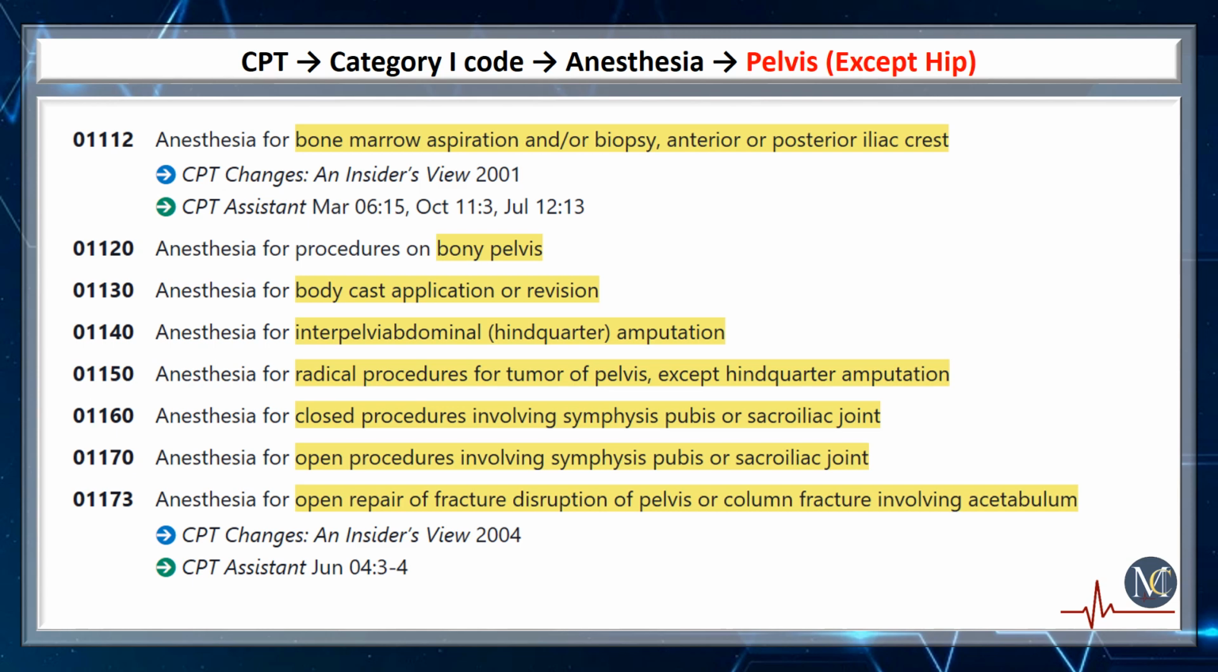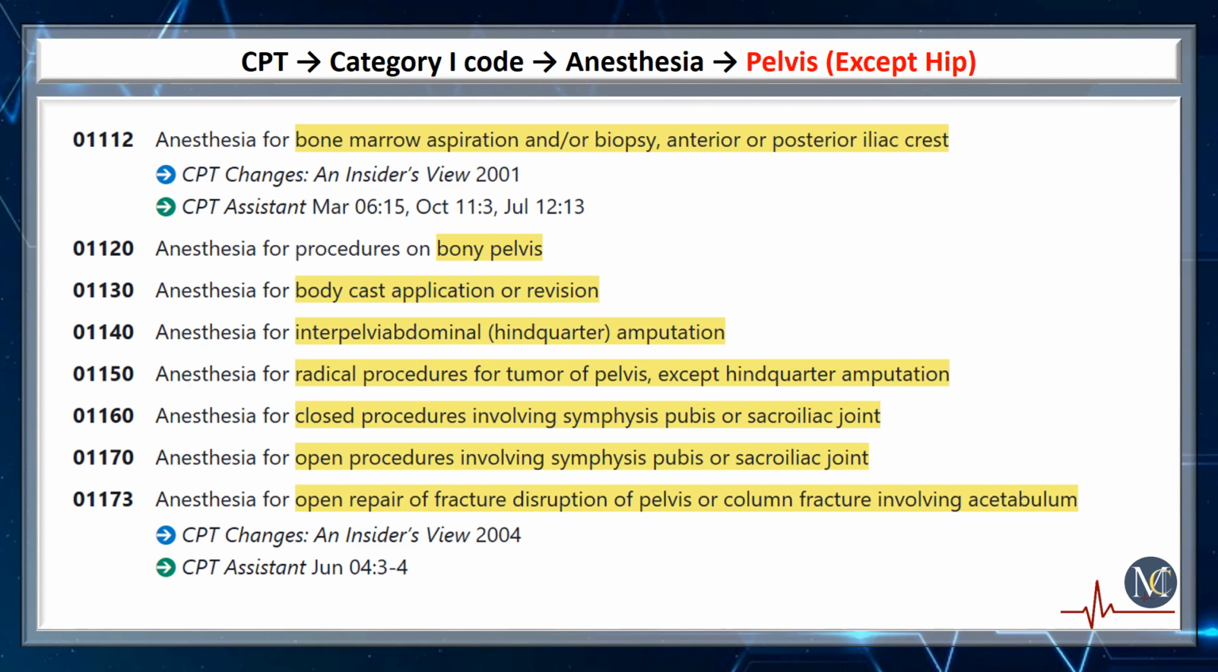Pelvis except hip, the next anatomical site of anesthesia CPT. The pelvis is located between the abdomen and the legs, and the hip is the area on each side of the pelvis. The main parts of the pelvis are ilium, ischium, and pubis. First code is